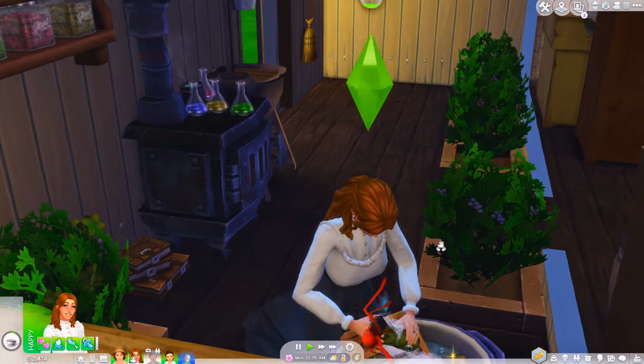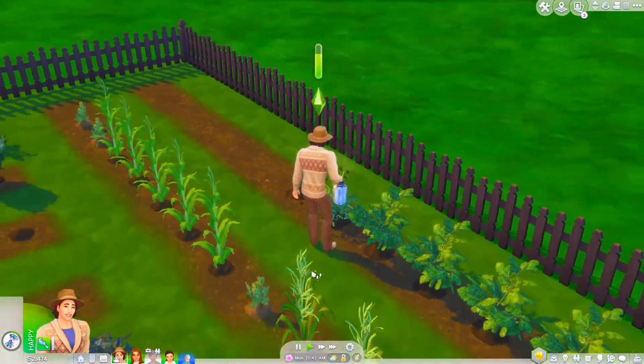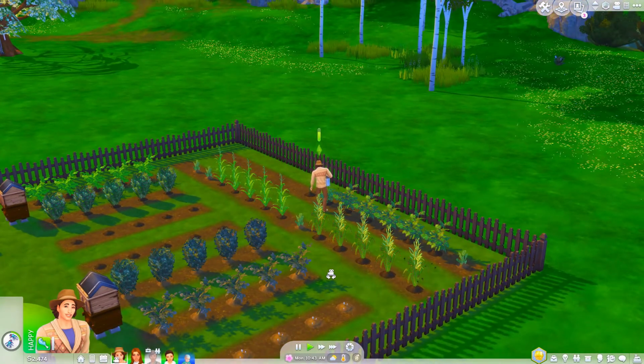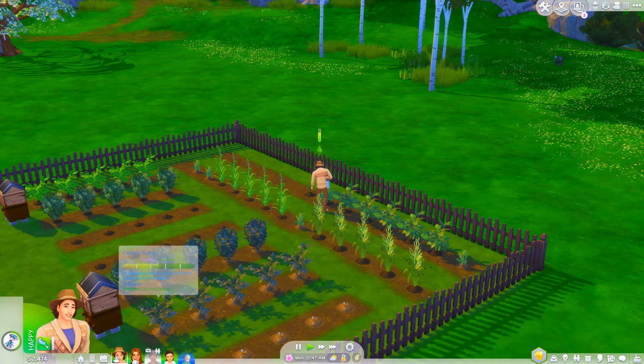And yeah, so she's doing that. Is Dad actually tending? Yeah, he's tending. Oh, he's fast. Why are there so many bugs? Good grief, do these need watering? No, they don't need watering, they just need to be